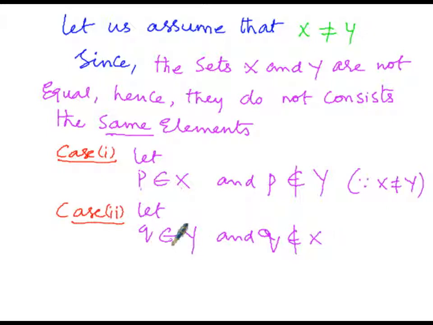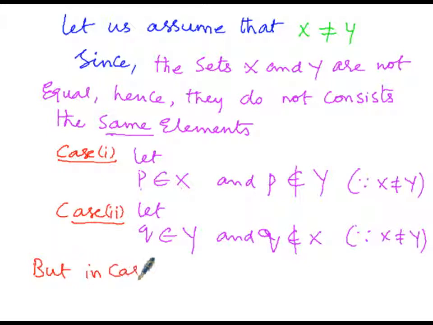When Q is present in Y, it need not be in X. So here the reason is the same. Here sets X and Y are not equal. When Q is present in Y, according to our assumption, it need not be in X. Then now, but